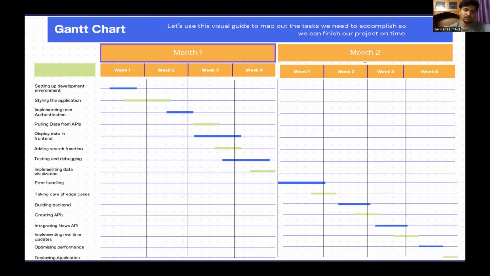Okay, because overlapping is seen in week 3 and week 4. That's usually the dependencies on each and every task before it. So we can have two different teams working on two different tasks simultaneously. If, let's say, testing and debugging doesn't overlap with the search functionality, we can have two different teams working on the search function and the testing at the same time.